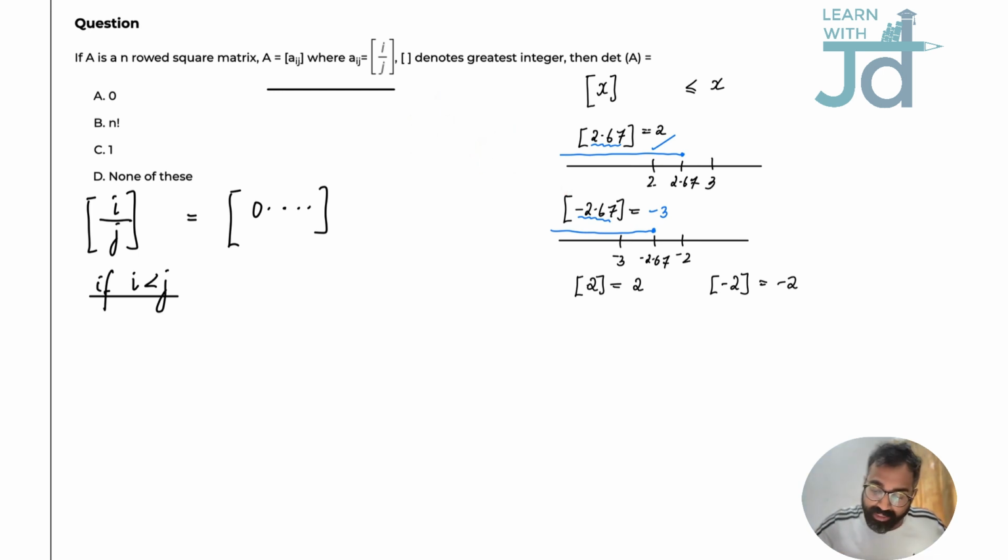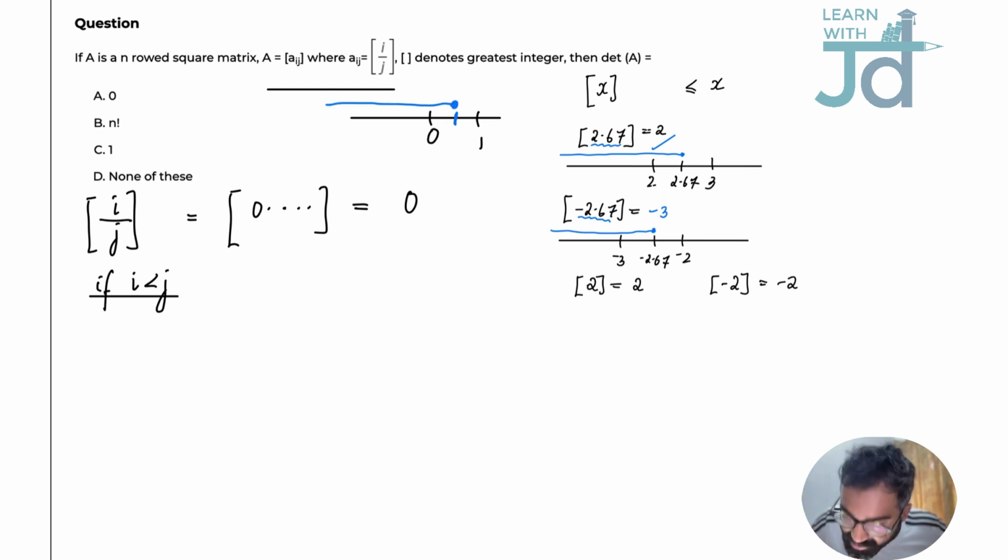And what is the greatest integer function of 0 point something? It is 0, because as I told you, 0 and 1, so 0 point something will lie here, and the greatest integer which is less than or equal to that value is 0, because 0 is also an integer. So for any element where j is greater than i, you get 0 directly. Okay, so if that is the case, it's very clearly obvious that when j is greater than i,